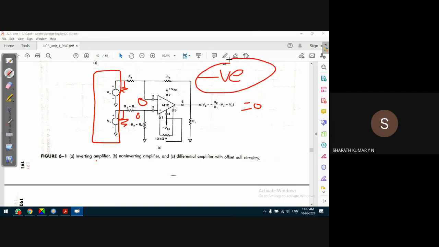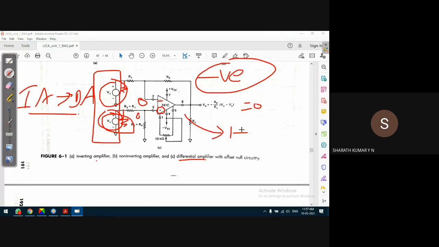Negative feedback is possible only in an inverting amplifier. But we have to use the inverting amplifier as a differential amplifier, or difference amplifier. So for that, we have to connect the input voltages Vx and Vy, one to the inverting input terminal and another to the non-inverting input terminal. Just because we are connecting a voltage to the non-inverting input terminal, the gain of this amplifier will not be equal to 1 plus RF by R1.